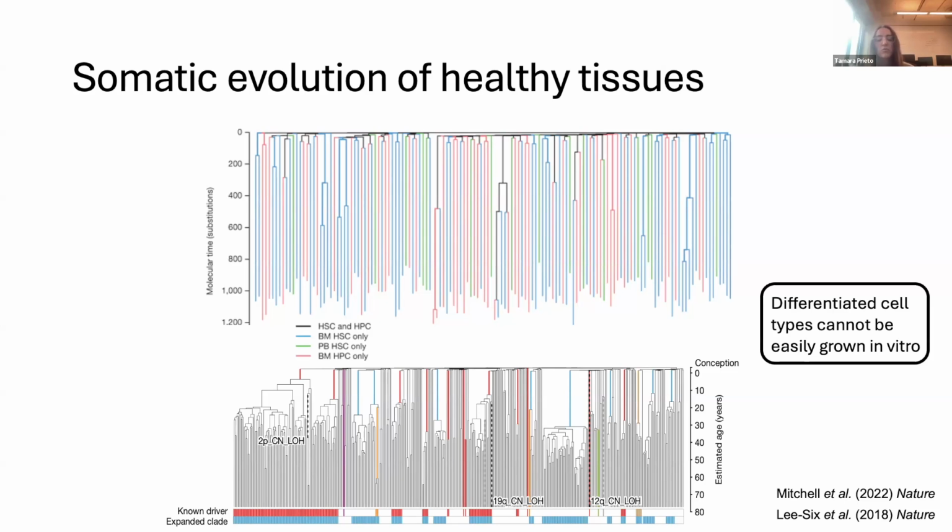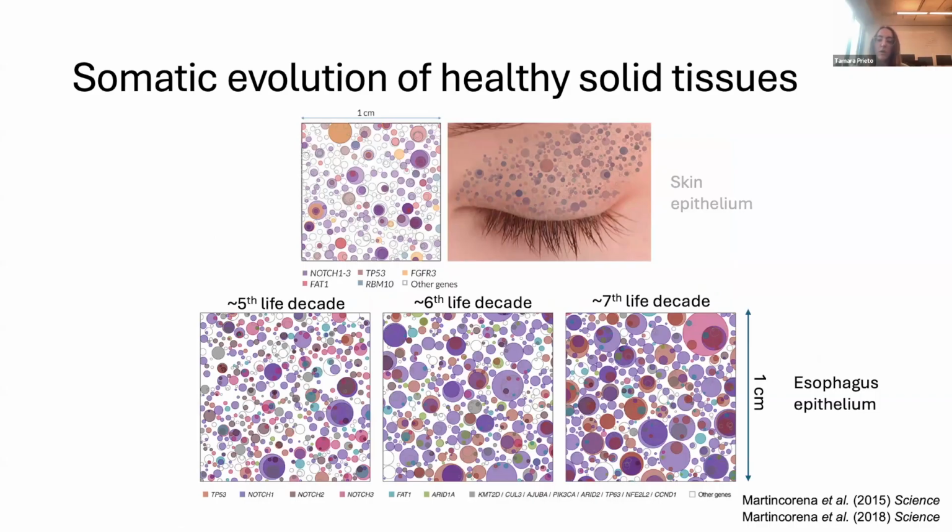And for that reason, we aim to build a protocol that can be applied to virtually any human tissue, including, for instance, cryopreserved samples, to reconstruct large-scale phylogenies with phenotypic annotations. And we chose to apply our new method to esophageal epithelium because this tissue represents a striking example of somatic mosaicism in healthy aging. It's similar to the findings in normal skin reported by Martincorena in 2015 in Science, but this time in esophagus.